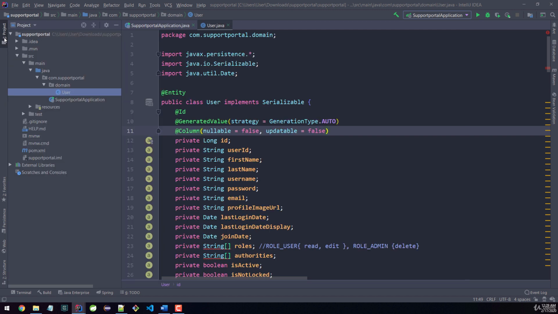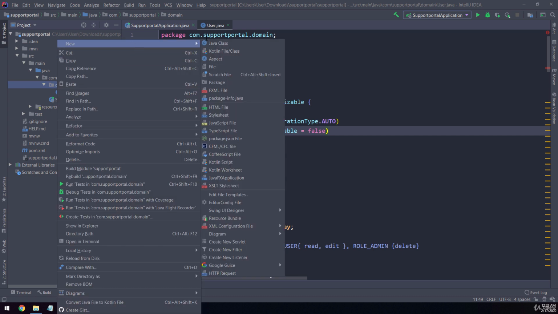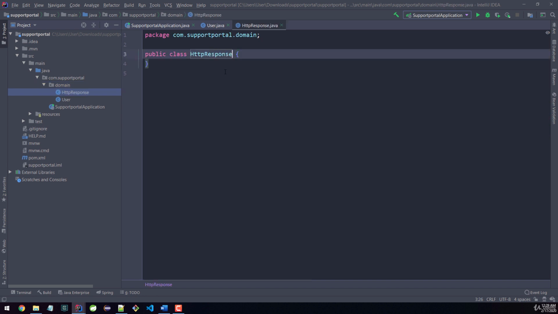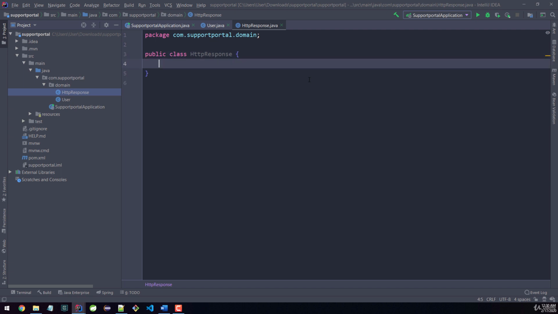So let's go back to the same domain package. We're going to right click, go to new, and create another class. This class is going to be called HTTPResponse, right? So it's going to be the response that we send to the user every time. Now we don't need to serialize this, but let's give it a private int